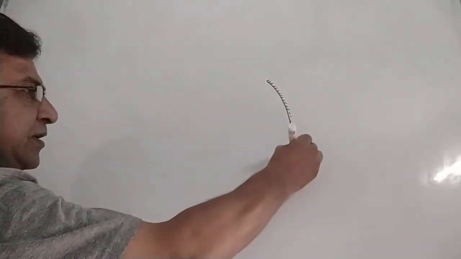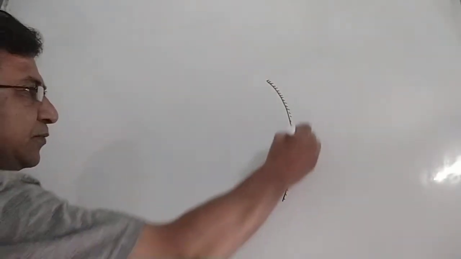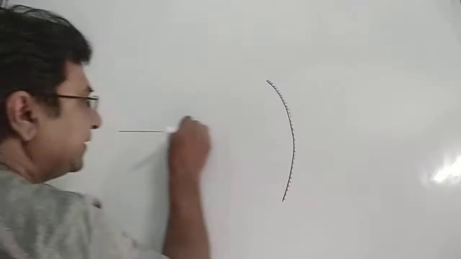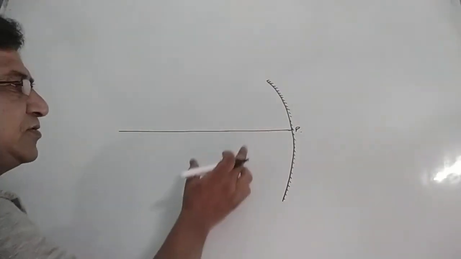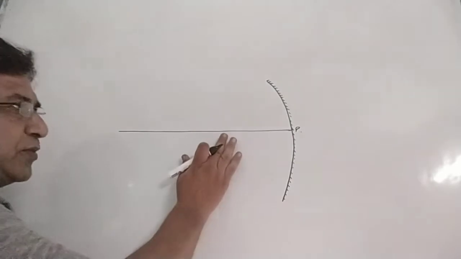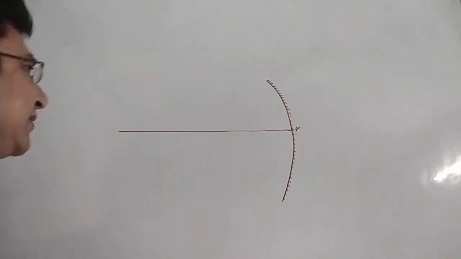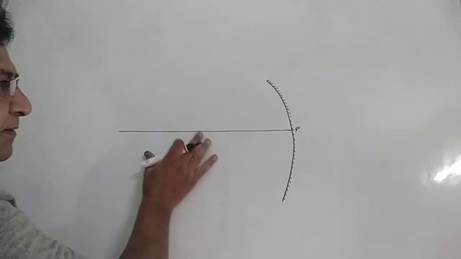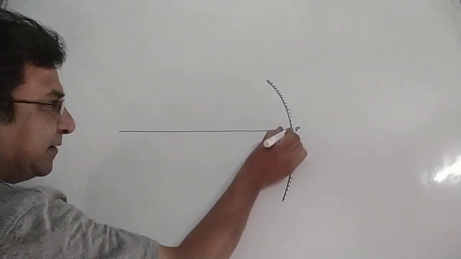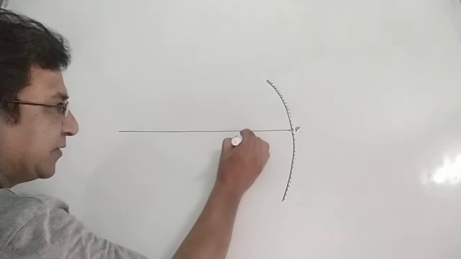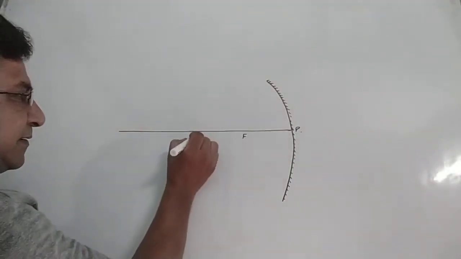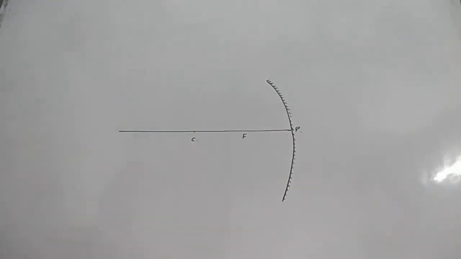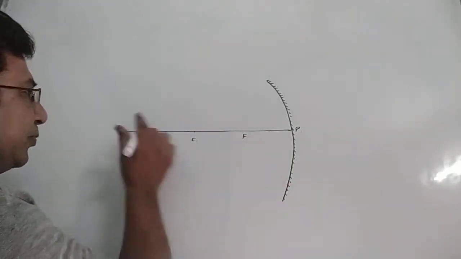As we know, the center of the mirror is called the pole. So take the principal axis and this is the pole. Now a ray which is parallel to the principal axis, after reflection passes through a point on the principal axis, that's called the principal focus. We'll take a measurement. Let's take 2 centimeter as the principal focus. And then we will have double the focal length, we'll have the center of curvature. We already have discussed how to measure it.